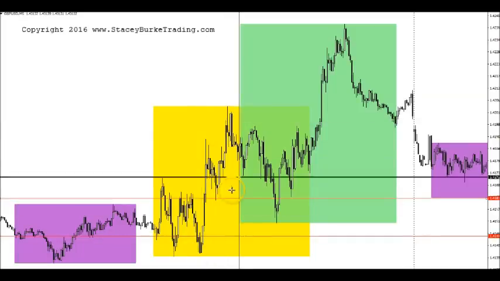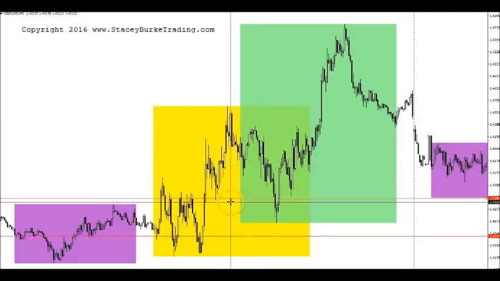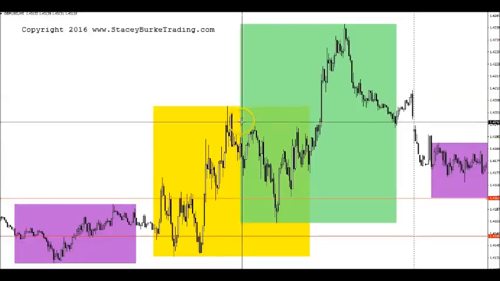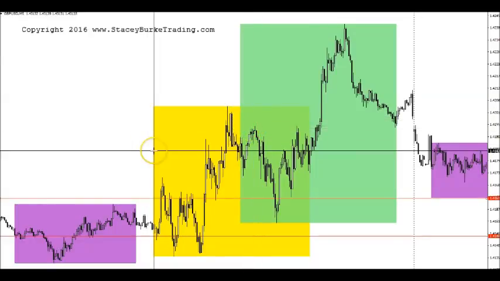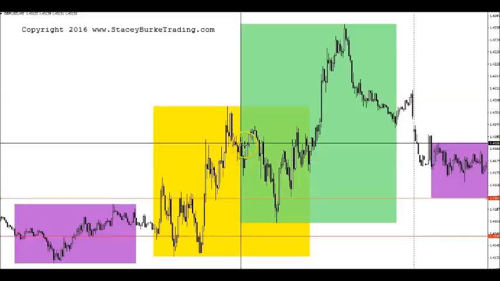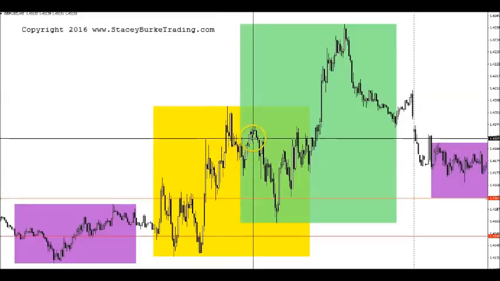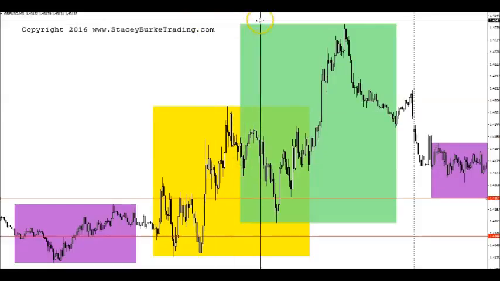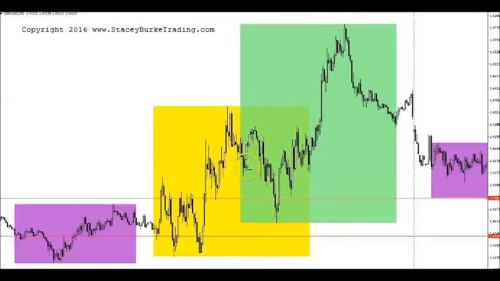So there was 30 to 50 pips tradable in that area for traders before we headed into the early part of the pre-open of the US market. Now once that US market opens and we start to establish support and resistance, I will then do the same thing. So we'll mark off the London highs,